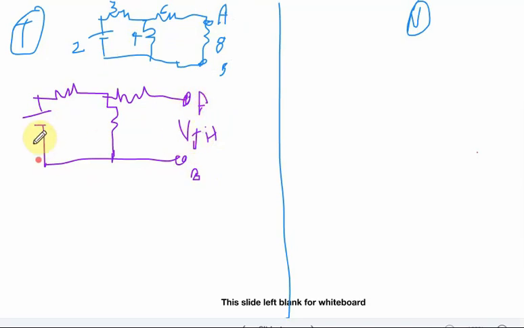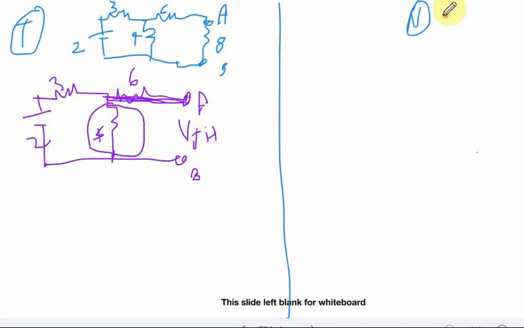That VTH I have written, and the remaining values you write: 2, 3, 4, 6. Then what is your role? Find out the voltage across AB. That is your main role. Here the 6 ohm resistance is open circuit. Is it open or closed circuit? It is open circuit. If it is open circuit, it is of no use, just a straight line. Then find out the voltage across this point, that is called VTH.